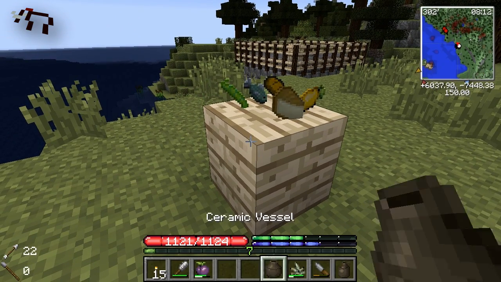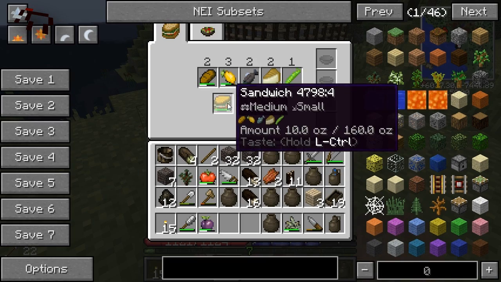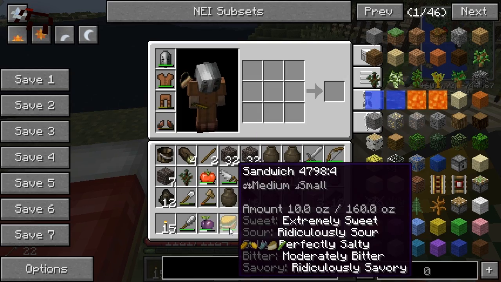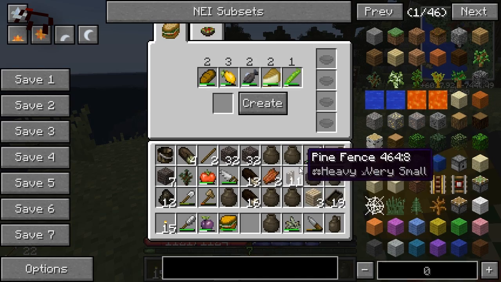And we've got... Okay, I've got another setup. Now let's see. If I create a sandwich from this, let's analyze it. Extremely sweet, ridiculously sour, perfectly salty, moderately bitter, and ridiculously savory. What happens if we switch some stuff out? So let's say...